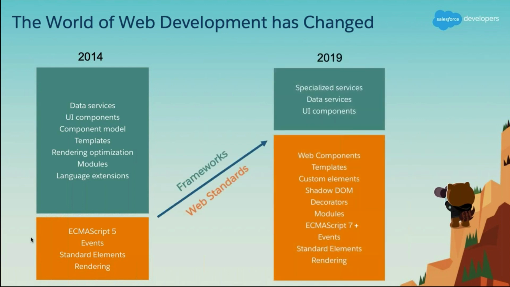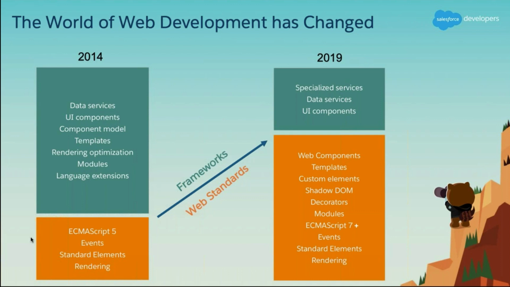But what has happened in the past 5 years is that web technologies as such have seen an unprecedented level of innovation. So right now in 2019, you will see that the web standards have increased significantly. That is, whatever the browser is capable of doing is a lot more than what it was in 2014. So now what happens? Because the web standards are large,